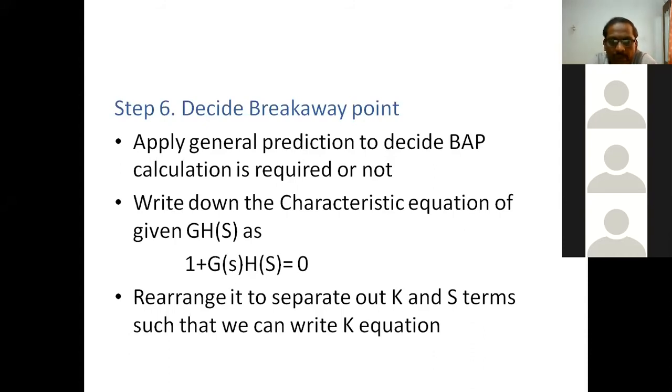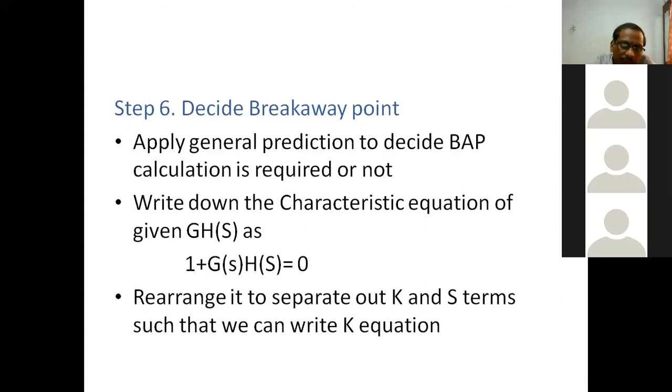Breakaway point is a point where two root loci will collide with each other, leave the real axis and enter the complex plane. That means at the breakaway point, your closed loop pole will be converted from real to complex. Breaking point is nothing but a point where your complex pole will be converted into a real one, meaning the root locus will come from the complex plane and enter the real axis. Okay.